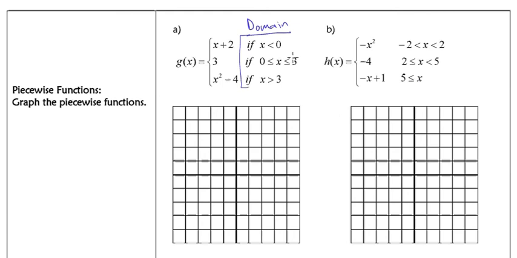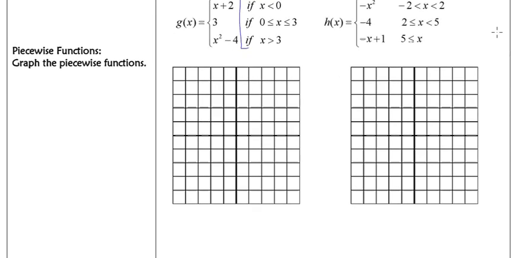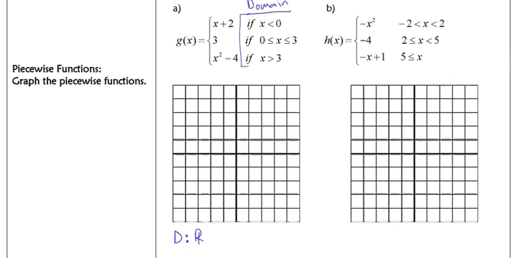Continuing on to include 3. And then the last one is x is greater than 3. So there's no numbers that are excluded. So let's quickly get our domain. Before we even graph it, we can see our domain is all real numbers. And we should validate that once we get our graph going, but we'll see that that is in